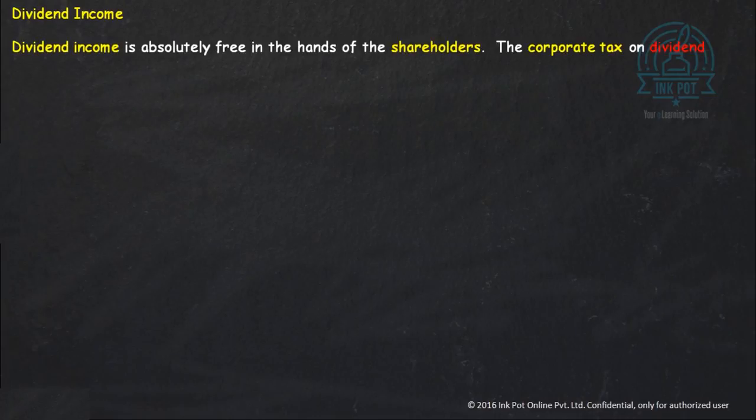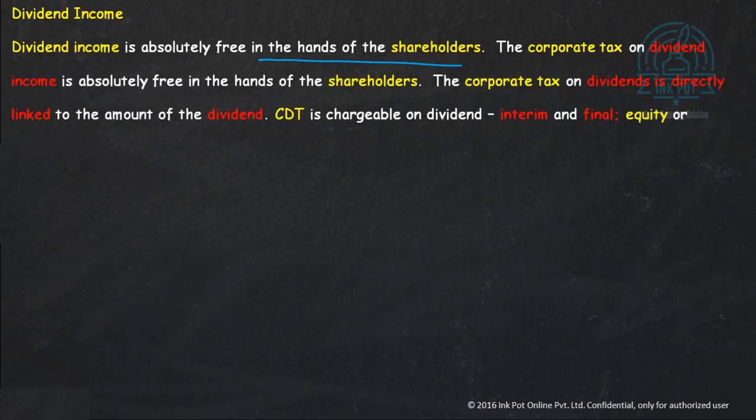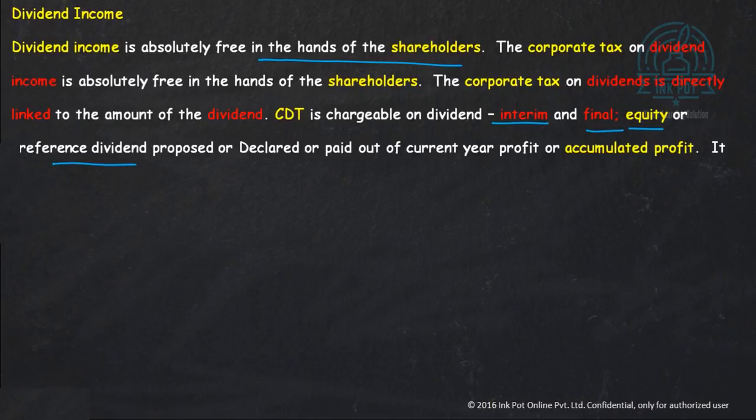Dividend income is absolutely free in the hands of the shareholders. Why? Because the company has paid corporate dividend tax on such dividend. Corporate dividend tax is directly linked to the amount of dividend, when the dividend is being declared, whether it is interim dividend, final dividend, equity shares or preference shares,